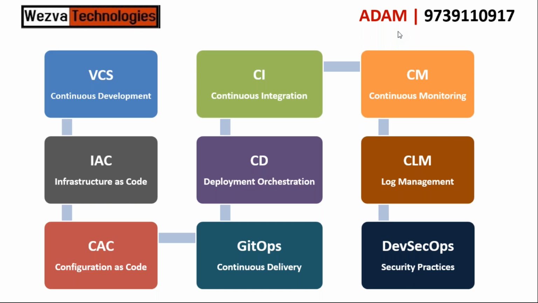Okay, so when you look at the current market, these are what we call the DevOps trends or the DevOps concepts. And this solves all the problems that we were talking about in the previous slide. The first concept or DevOps trend we have is called the version controlling system, and what this is going to solve is a concept called continuous development.